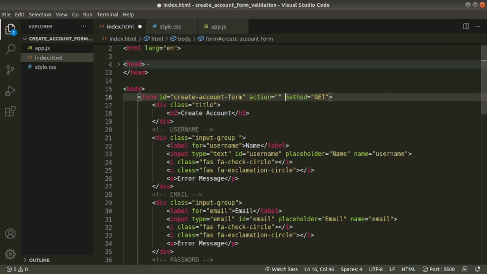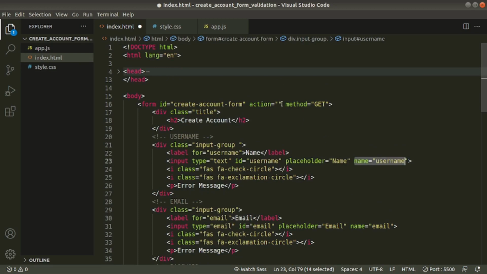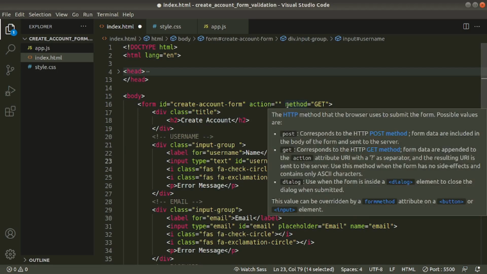Later, this method get takes all form values as name value pairs. Name means name attribute, value means input field value or any form field value. It takes name value pairs and appends them to the URL. That is what get does.